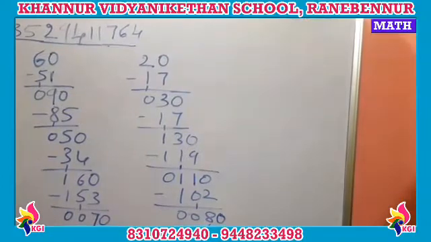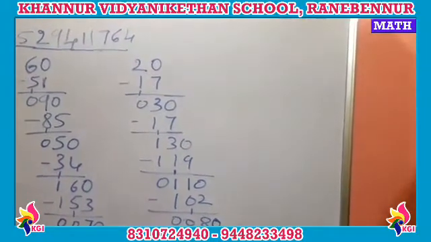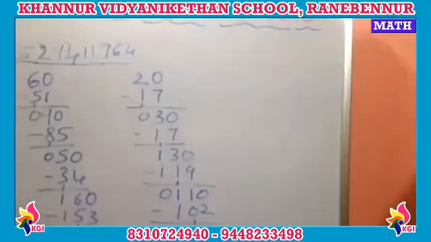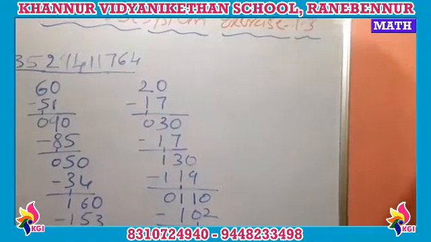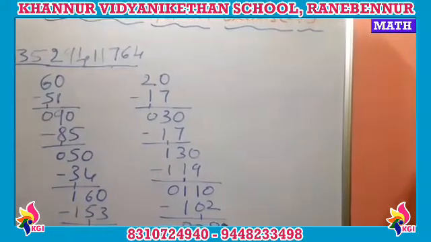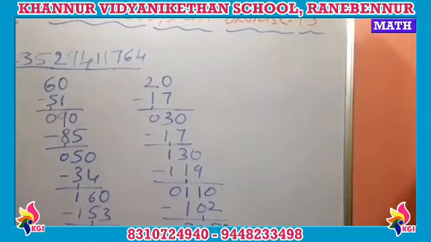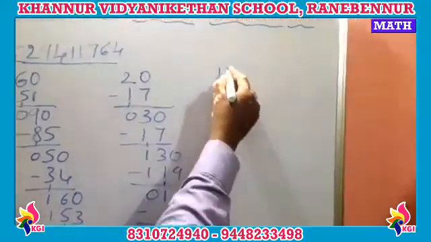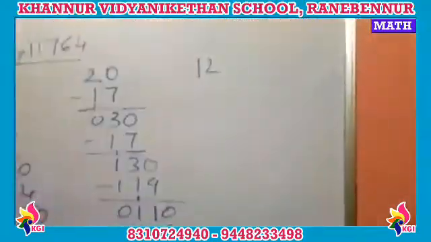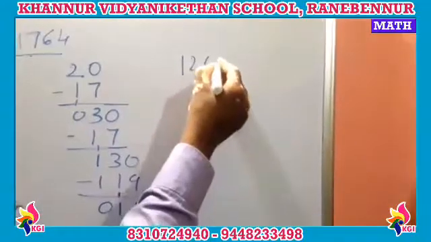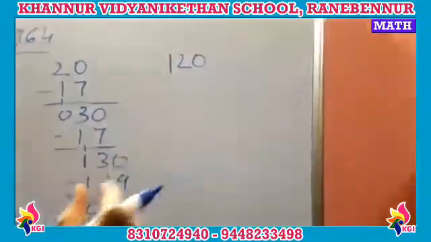68. Okay, so the next, I remained here with a 2. Okay, take up a carry. I remained here with a 1. So totally 12 remained. So this 12 I am going to take over here. Okay, so as I already put a point, right? So I can take up a 0 here. It is going to become 120.